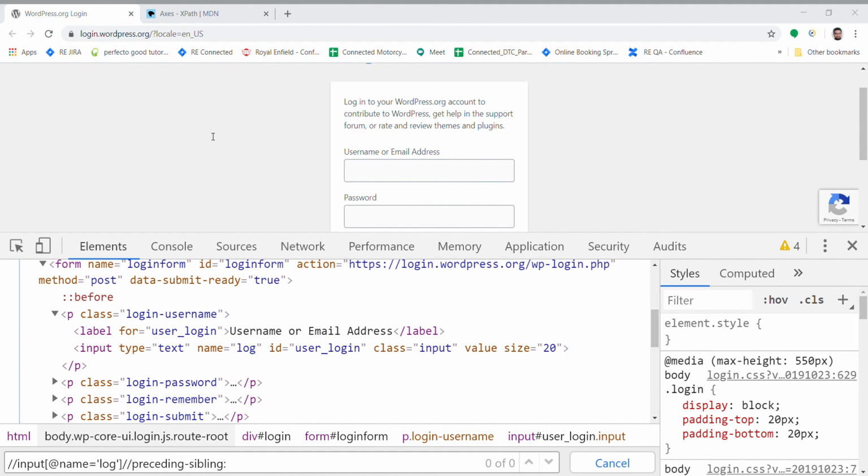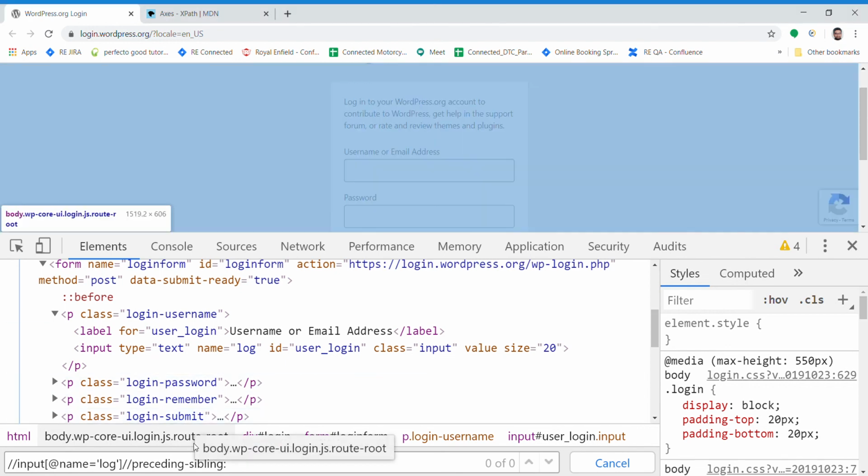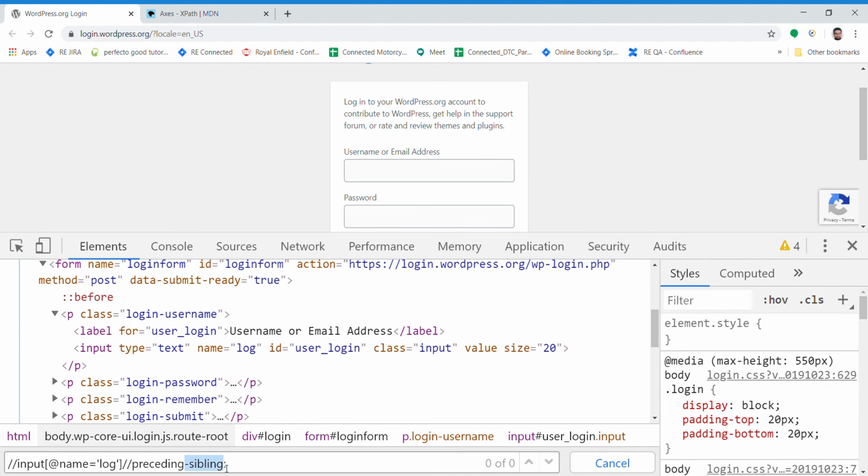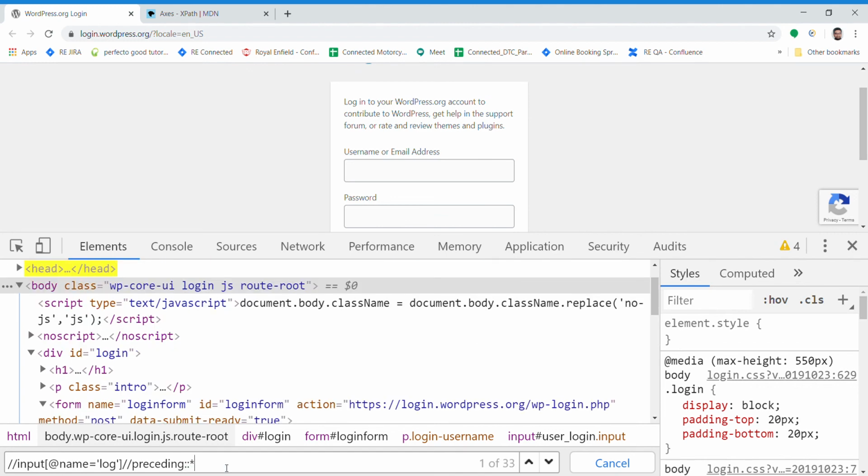This one I just mentioned, right? Also, if we don't want to go just to siblings, but want to go before it, not siblings, but just traverse backwards, how are we going to do that? This. So this finds all the elements before this root element, any nodes preceding it.